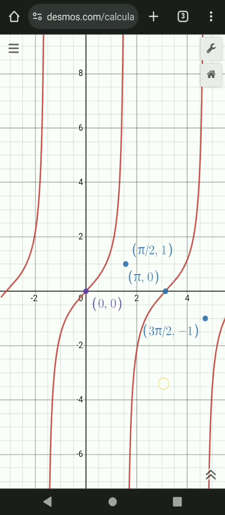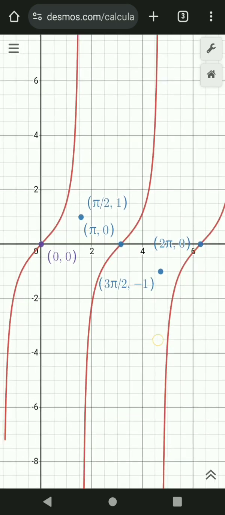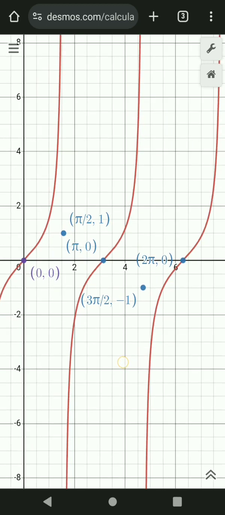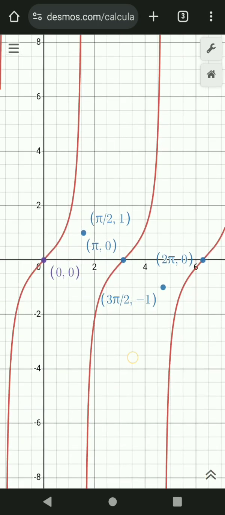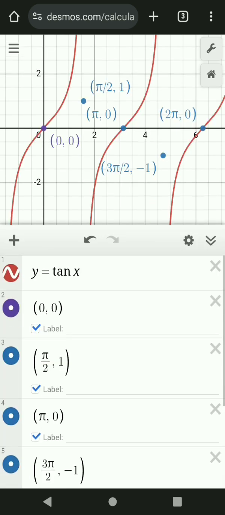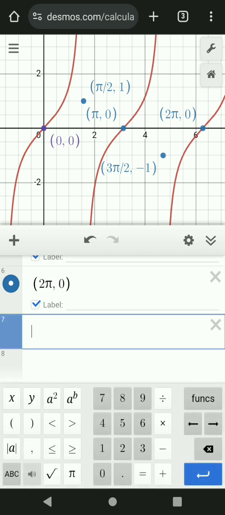This is the graph of the tan. You can see here, this is the graph of the tan. So what if we put its asymptote? Putting the asymptote, we will put x is equal to